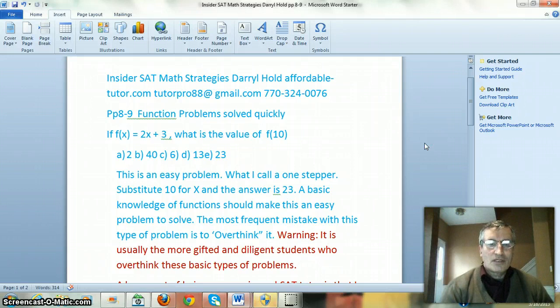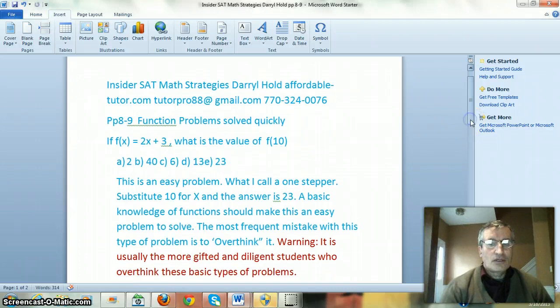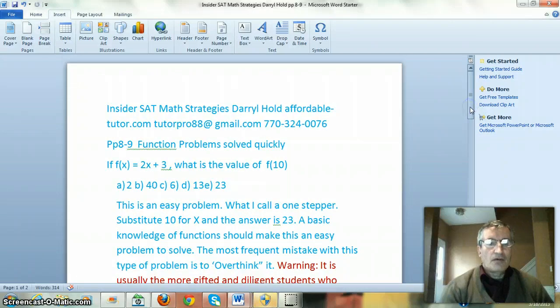So in this segment, we're going to talk about function problems solved quickly and accurately, I might add. Let's look here. If f of x equals 2x plus 3, what is the value of f of 10? A is 2, B is 40, C is 6, D is 13,